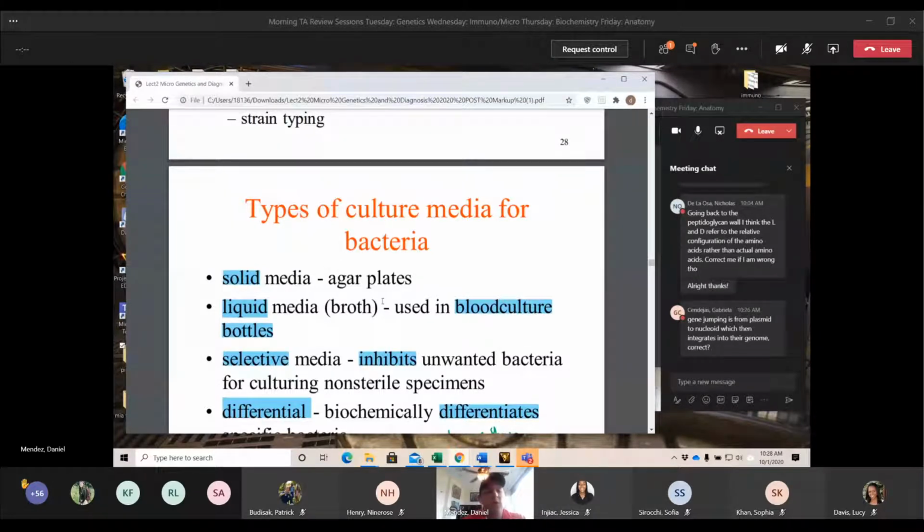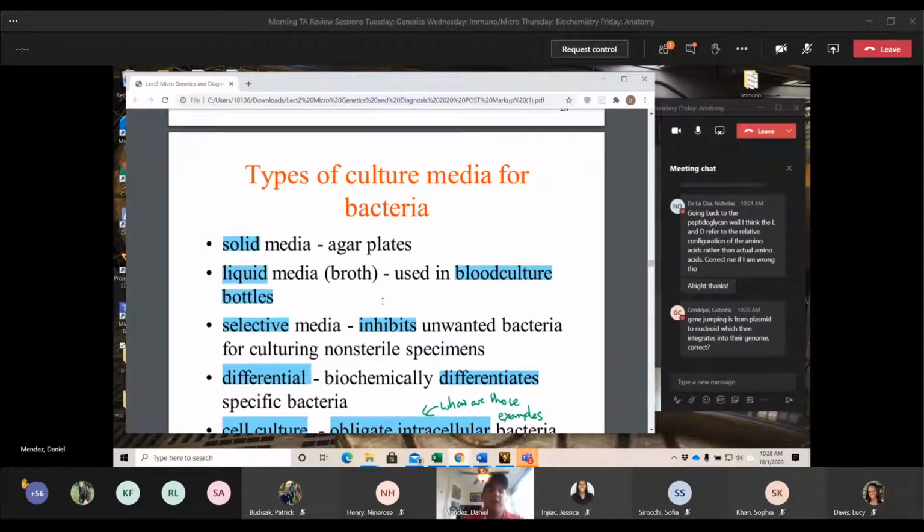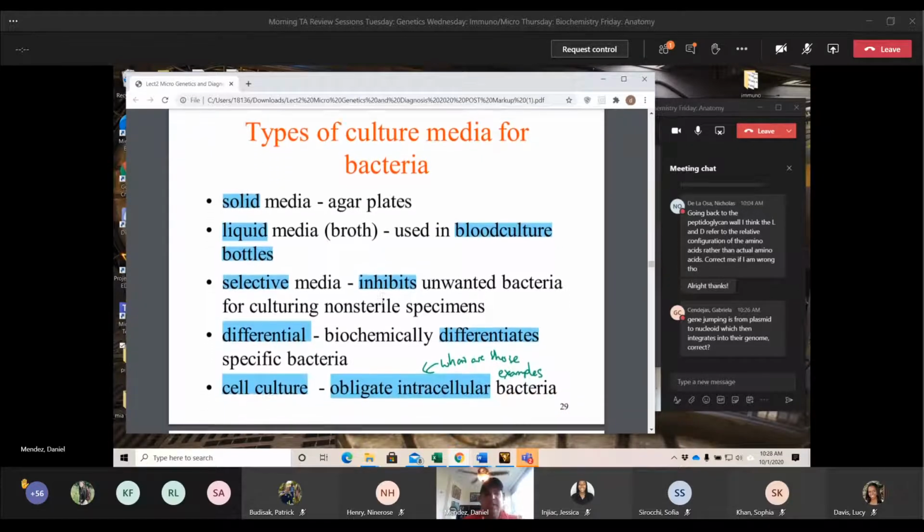We can use that in blood cultures, which you see at the hospital when they take blood cultures for any sort of infection. There's also other types. There's a brain heart infusion one that allows you to mimic cerebral spinal fluid, things like that. So that way you can grow the bacteria in an environment that it would enjoy, so you can isolate it better. Selective and differential media.